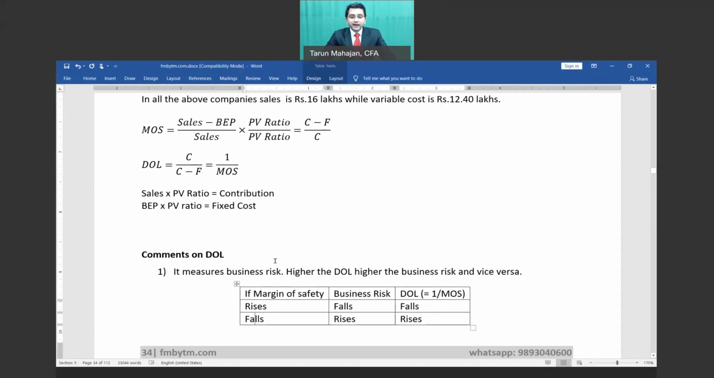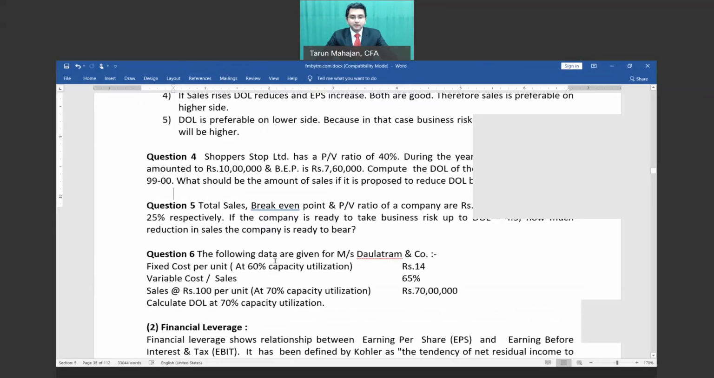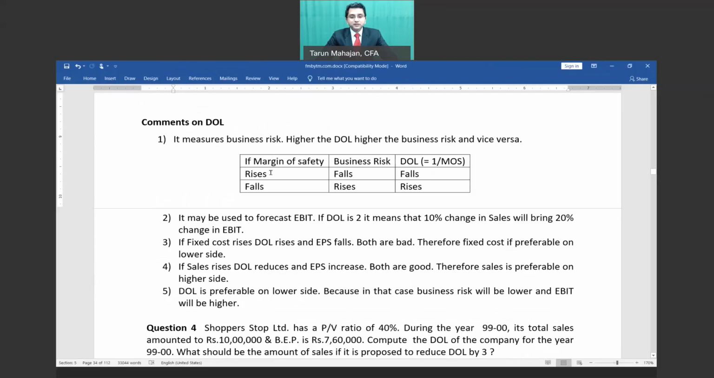So now if I explore what is DOL, DOL measures business risk. Higher the DOL, higher the business risk, and vice versa. Look here. If margin of safety rises, what does it mean? Your business risk actually falls. On the other hand, if margin of safety rises, then DOL, which is equal to 1 upon margin of safety,